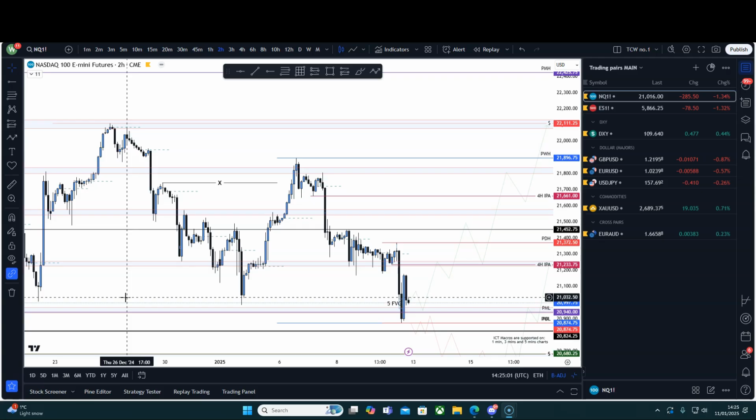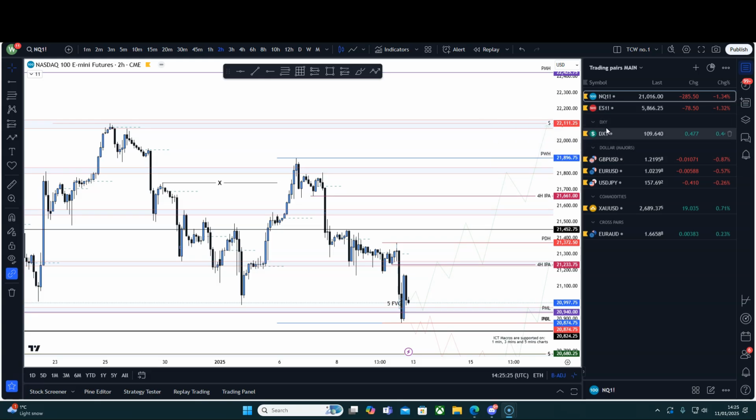Now, for those of you who don't know, I am a full-time trader, and these are the pairs that I am going to bring to you every week. We do not need any more pairs than this. Now, I trade futures on an intraday basis, NQ and ES. It's NQ that I trade, but I always chart ES for SMT.